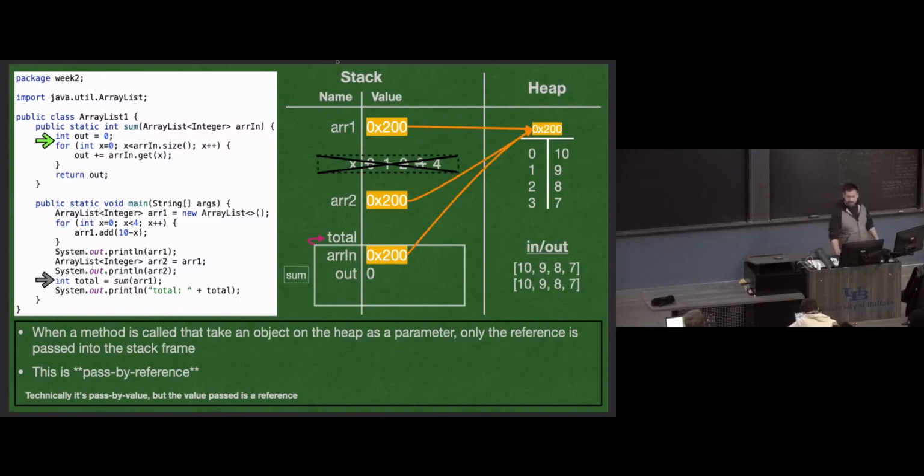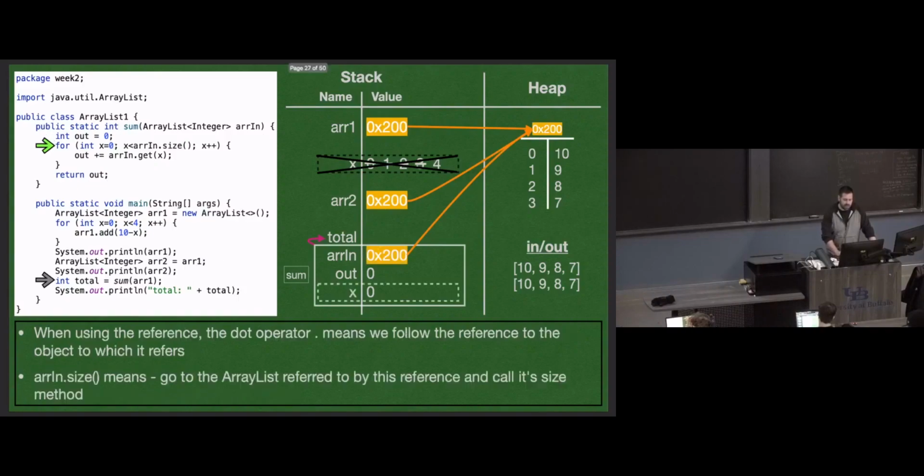Don't create a new array list. Don't copy the array list. We just have another variable with a reference referring to the same array list. That's it. That's all we're doing. So inside the stack frame, we have the parameter with a reference to the same array list. And then whenever we want to access that array list,